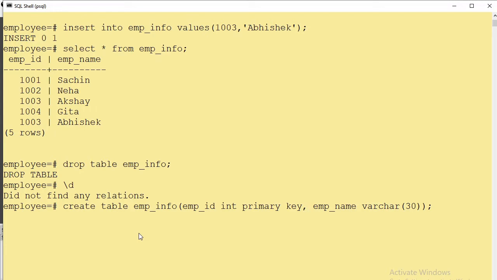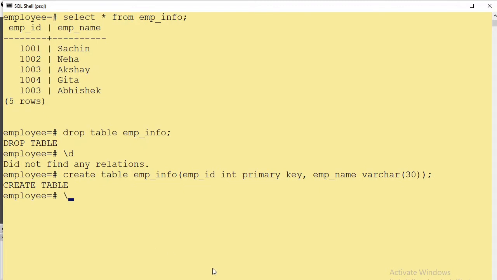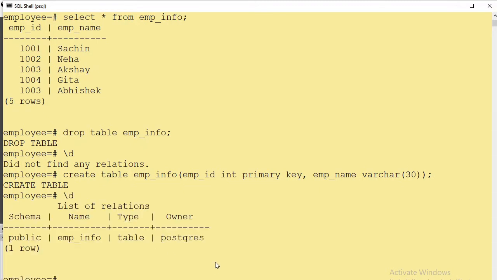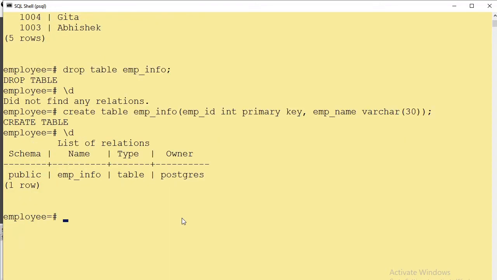So employee_info is a table which has two fields, employee_ID with the primary key and employee name. After pressing enter, we can check that our table is created. So as we press \d, we can find the table is created.